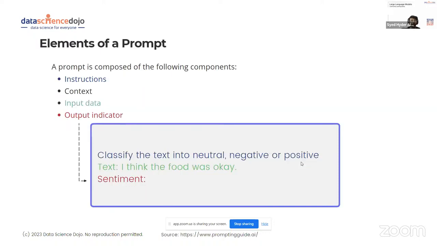So, elements of a prompt: a prompt is composed of the following components. It has some instructions. You could say, classify the text into neutral, negative, or positive. So that is an instruction that we are giving it. And then input data, which is like the example: "I think the food was okay." The output indicator would be the output that you want. And context is about the data.